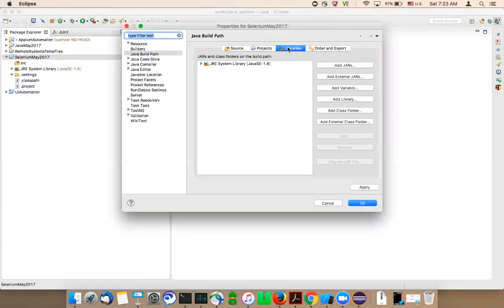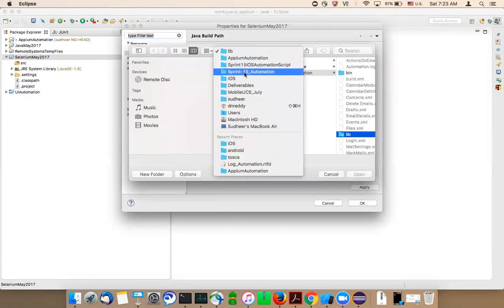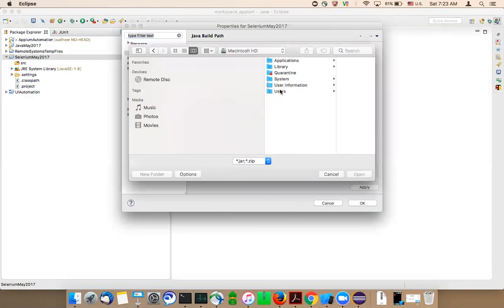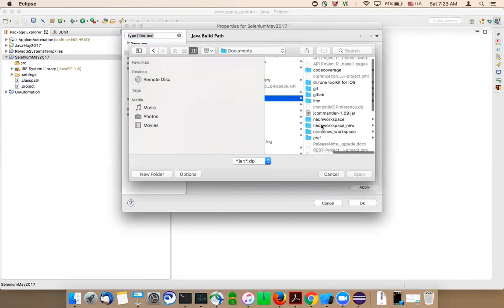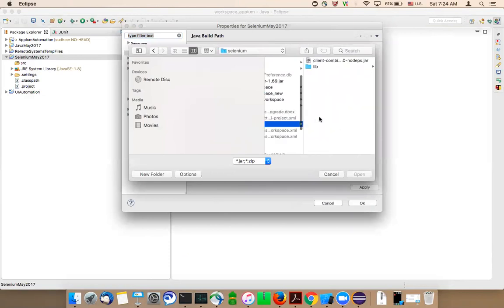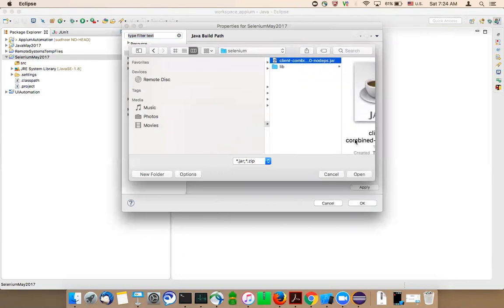Click on the libraries tab and click on add external jars, and navigate to the folder where you have the Selenium jars. I have it in documents, in Selenium. Select this first jar and click open.